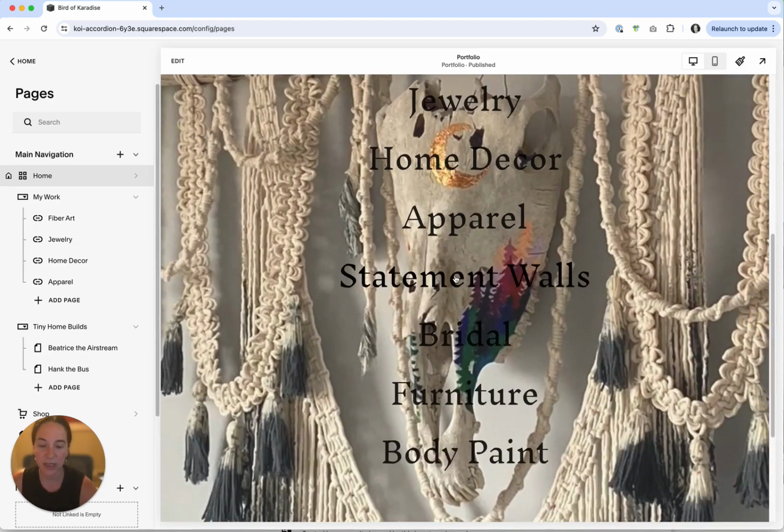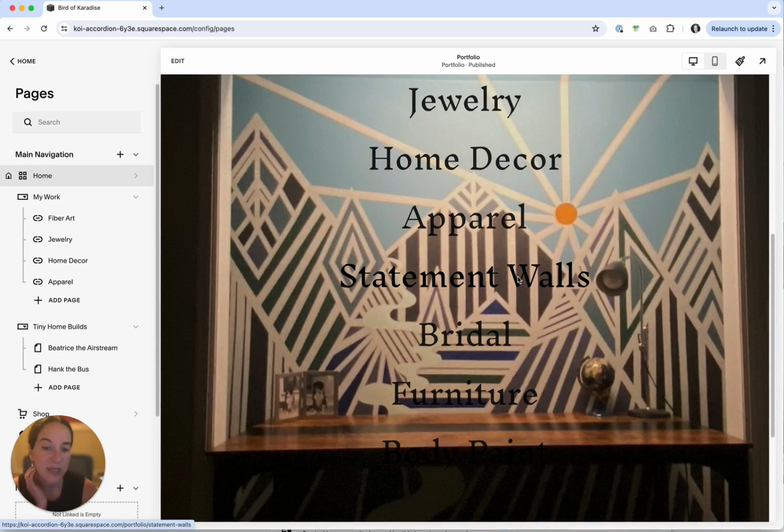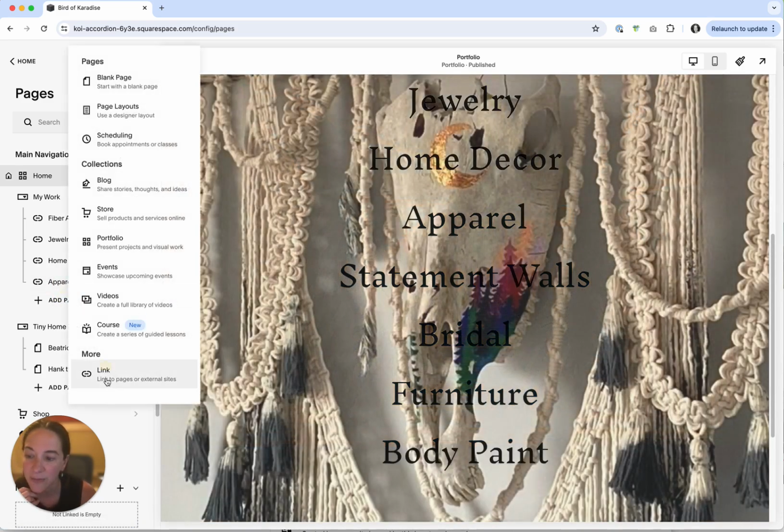And to show you again, you can tell what your URL is even by just hovering over. You can see on the bottom left of my screen, I can see /portfolio/statement-walls. So that's what I'm going to add there. Go to links,